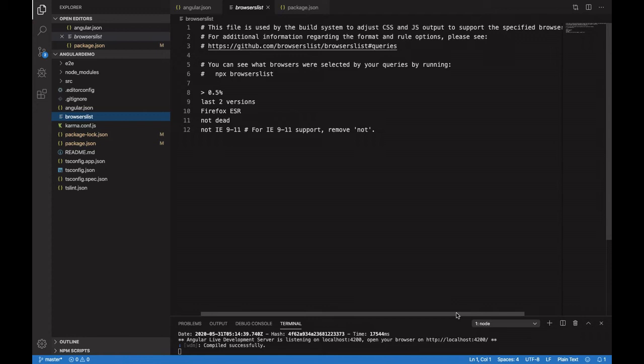So this is the combination of CSS and JavaScript, so that the functions which are being supported on Google Chrome should also be supported on Firefox. So it will help to write that code into this file.